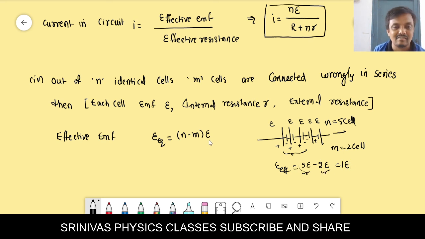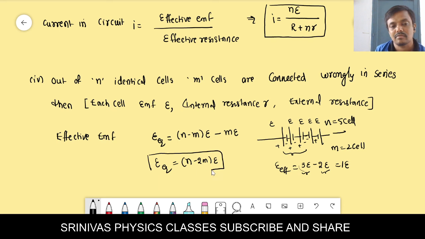The rightly connected EMF that we got is n minus m into E. Then minus the wrongly connected EMF. How many are wrongly connected? M cells. One cell's EMF is E, so m cells' EMF is mE. Then we get the equivalent EMF, as E is common, n minus 2m into E. This is the formula for the equivalent EMF